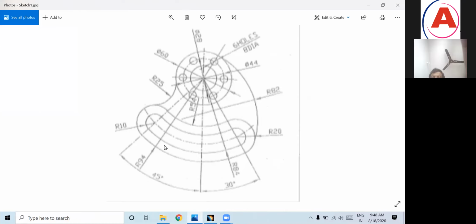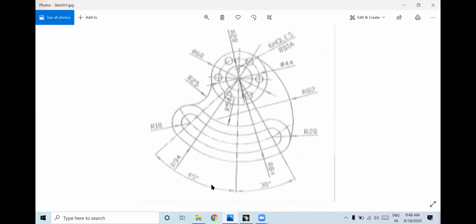See here, with respect to this vertical line, you have two axes. One is at 45 degree, this axis, and one is at 30 degree. Getting? Okay. So first we'll create these two axes.